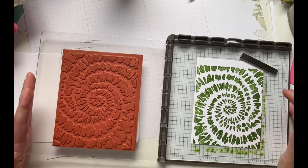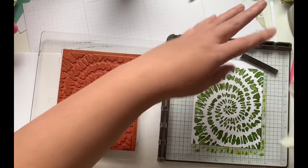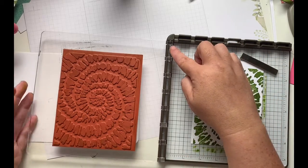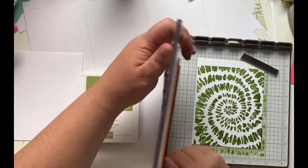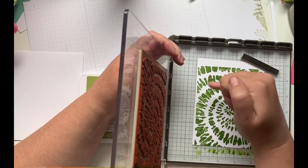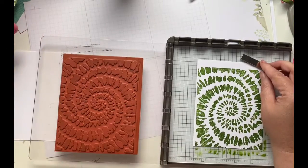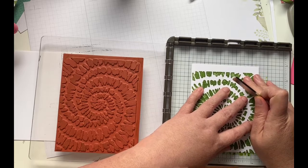So if I am going to do an actual tie-dye with this stamp, I can either move my stamp up or down according to the grid lines, or I can just pop the plate out and move it down. So when you see the cards that have like happy, happy, happy, happy birthday, and the happies are all lined up, it was probably done with the Stamparatus. But I'm going to move it down and over by 2,